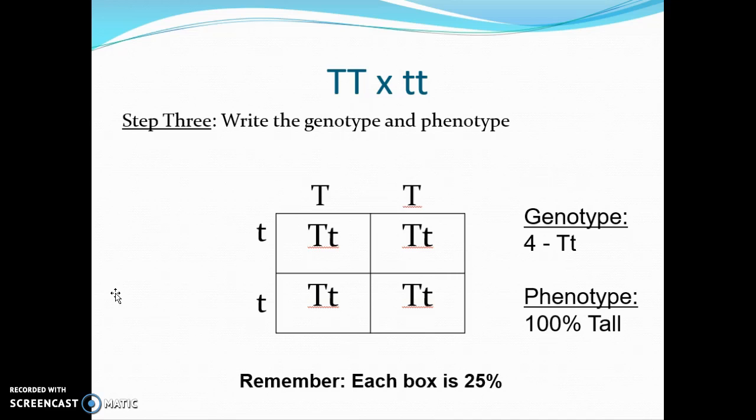Hopefully this gives you a better understanding of how to complete a Punnett square so that when you're completing your homework today, you have a better grasp of